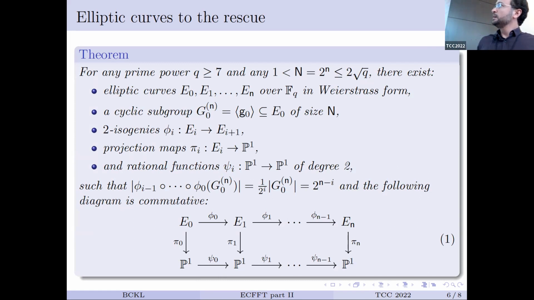And in addition to having just the one curve, we also have a sequence of curves, as you can see down below, where we go from one curve to the next by a function called a 2-isogeny, which acts as a homomorphism on these groups and shrinks down the cyclic subgroup by a factor of 2 each time. So we get smaller and smaller subgroups in every domain.